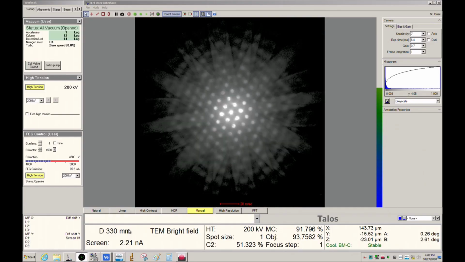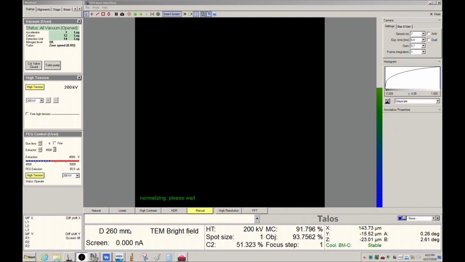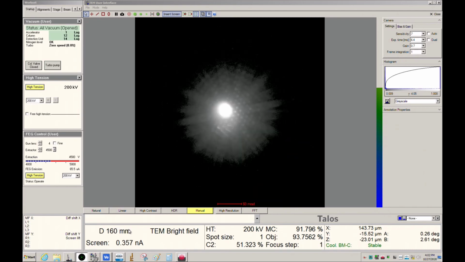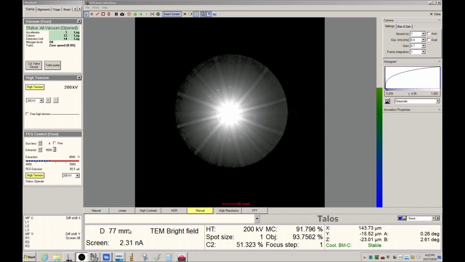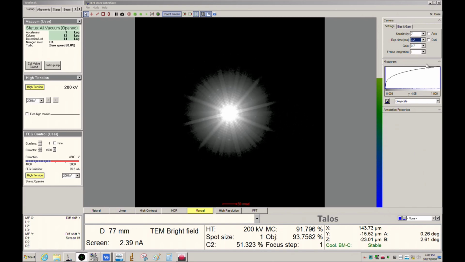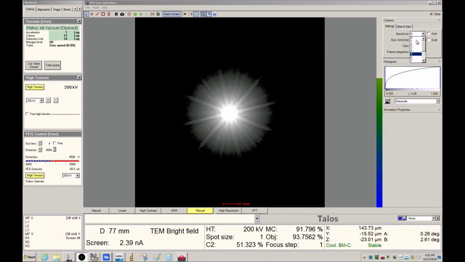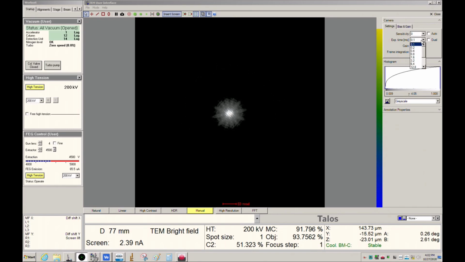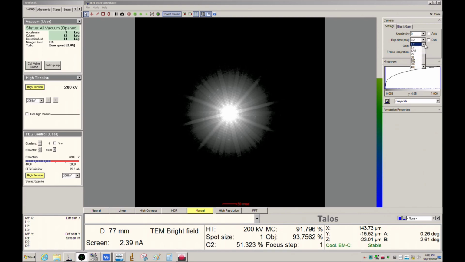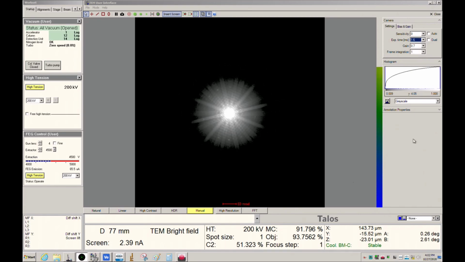All right, so I don't know if you were paying attention or not, but I did all that tilt map generation at camera length of 410 millimeters. So now what I'm going to do is I'm going to drop the camera length to 77. The reason I'm doing that is there's actually a cutoff at which point the pattern rotates by 180 degrees. So that was actually deliberate. And I'm just playing around with the FluCam settings here, but you can see we're on the zone axis. But what I want to show you now is,